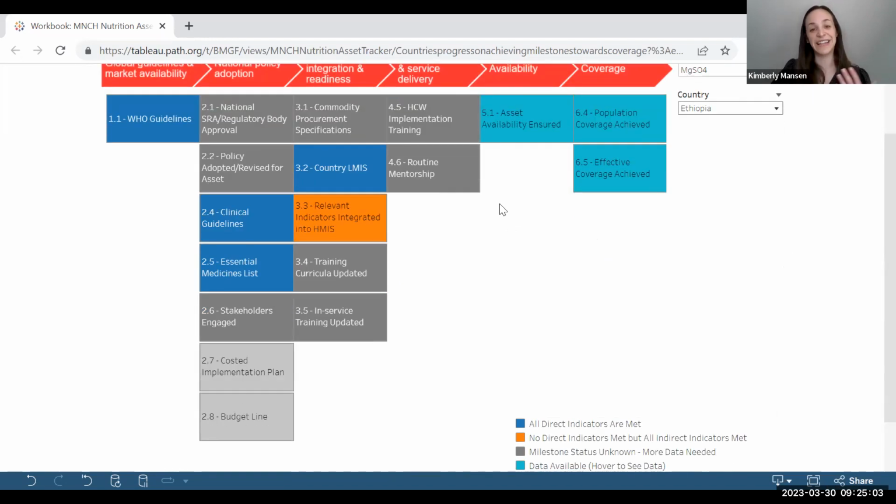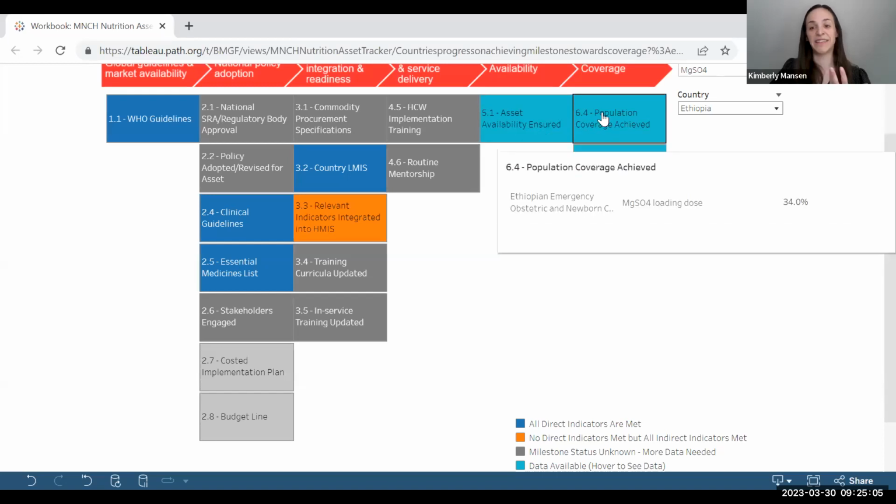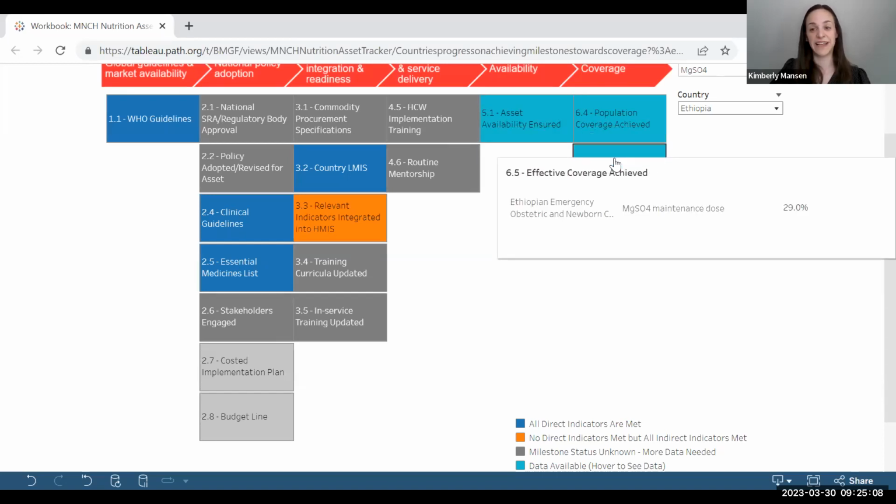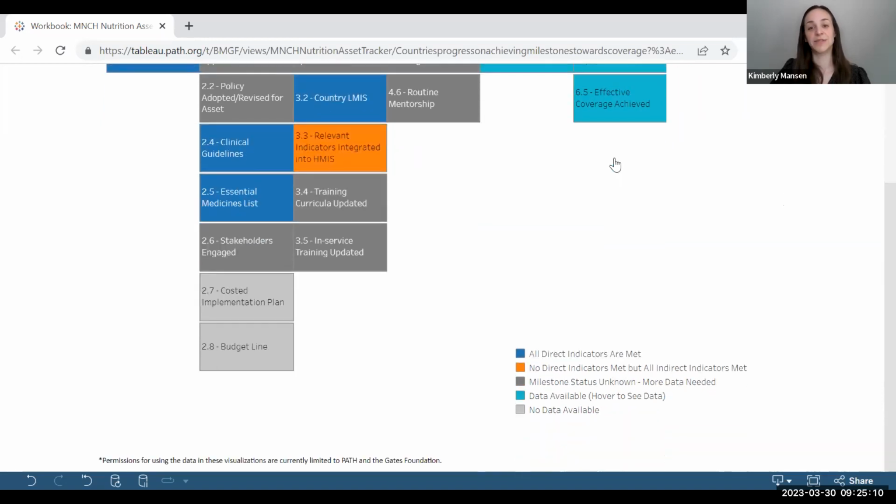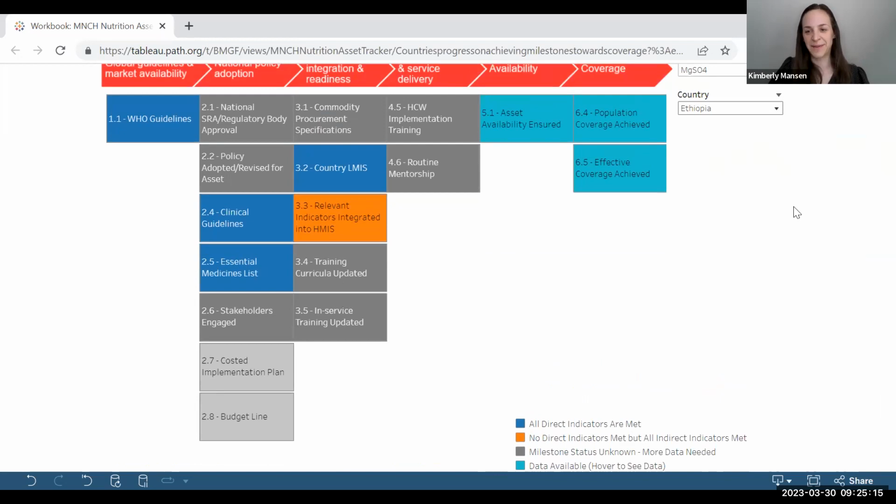So from a scale up status, we have for loading dose 34% and 29%. So we would obviously want to see increases in that.